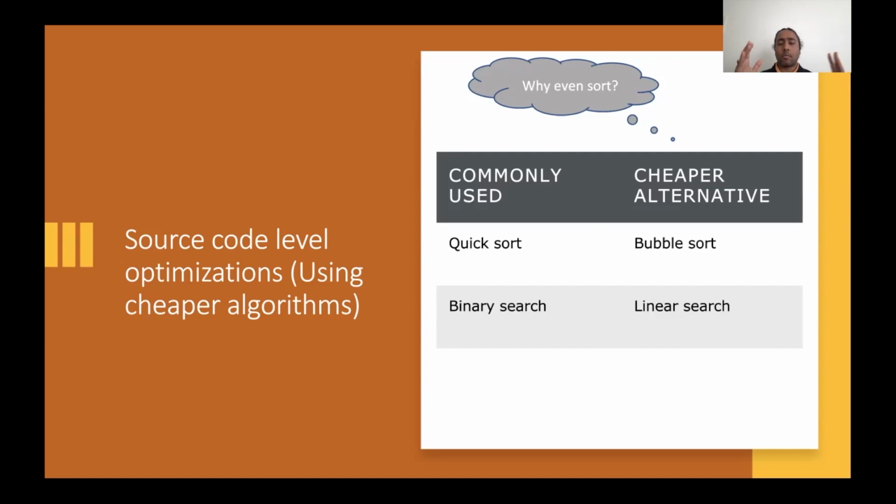Here is a small mental exercise, right? Quicksort has an average time complexity of n log n. And linear search, let's say we do not sort the sequence at all. Linear search has an average time complexity of O(n). Now, if we only